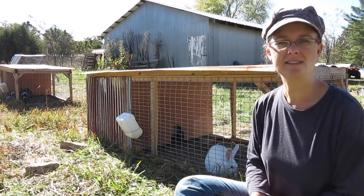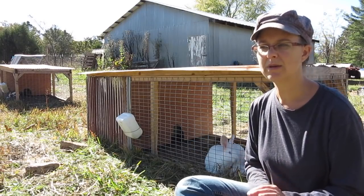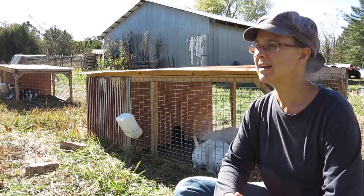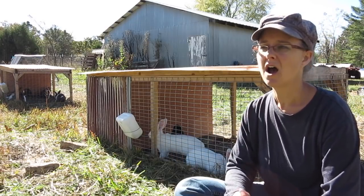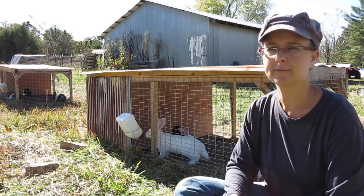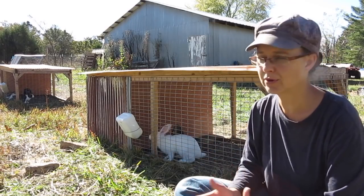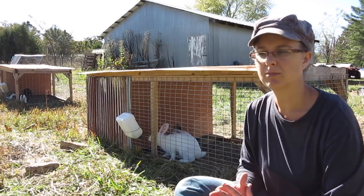But we're going to check out the design modifications to our tractors that Kevin is working on, and that we think will be amazing protection over the winter, but we also think it will give added protection against predators. We have not had a lot of problems with predators in our rabbit tractors. In fact, we've only had one rabbit ever get injured and killed by some kind of predator. And that rabbit was part of a litter that had just recently been weaned. It was pretty small, and I think it just didn't know what to do to protect itself